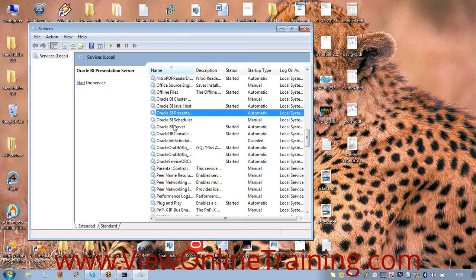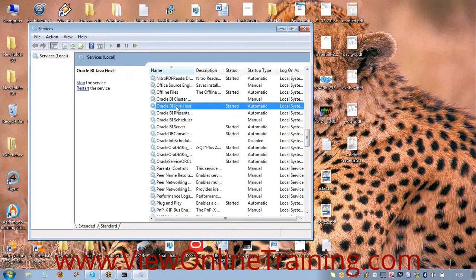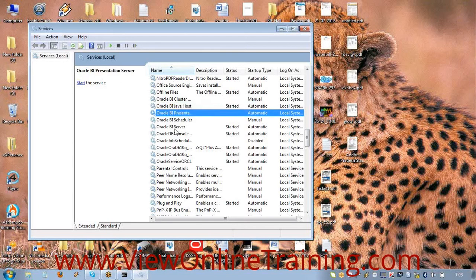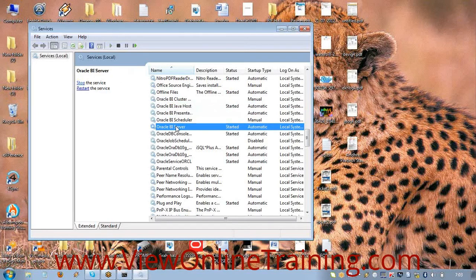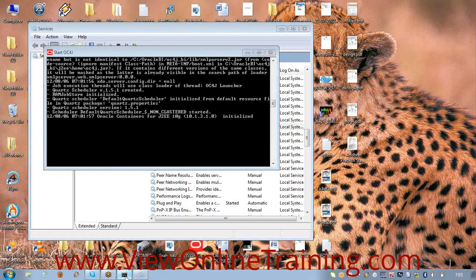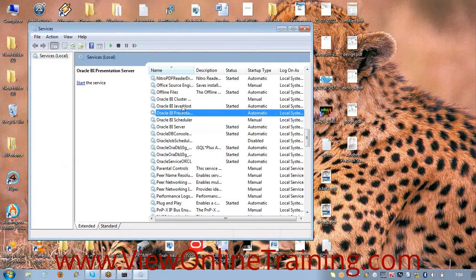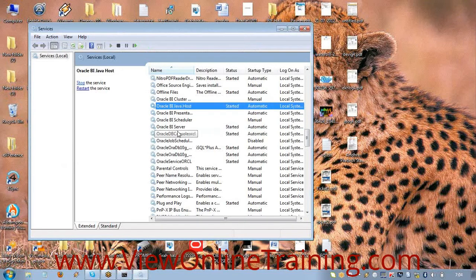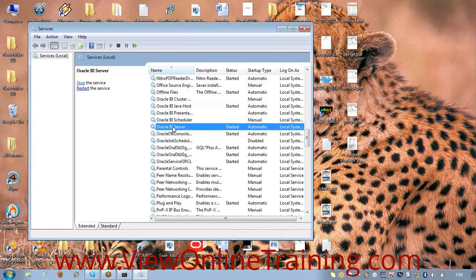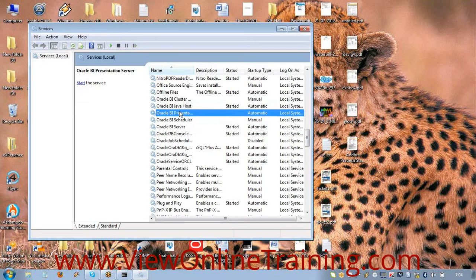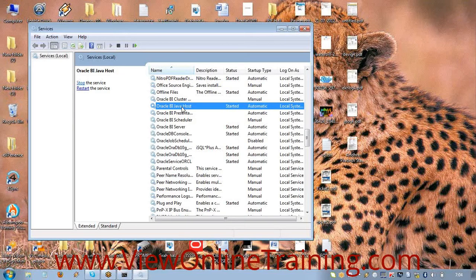Oracle BI Java Host, Presentation server, and the Oracle BI server. The importance is from the bottom: the Oracle BI server is the most important server, then Presentation server, then Java Host server. Okay, fine.